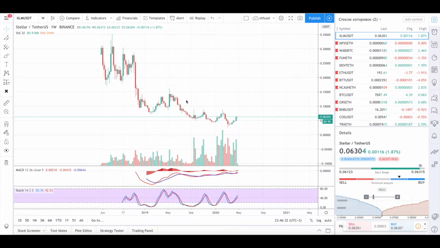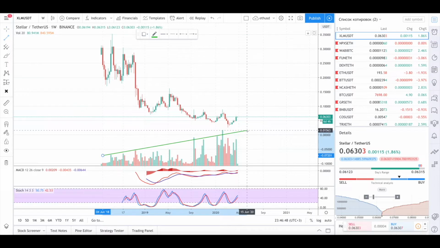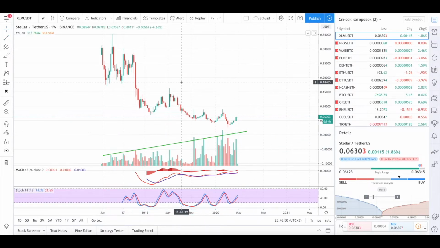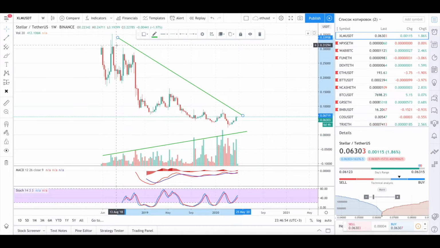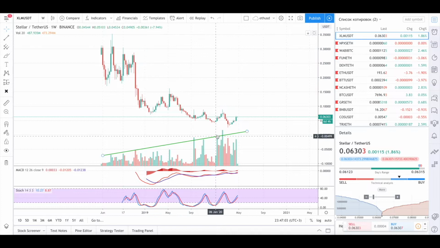Now on the weekly chart we see the formation of a certain bearish divergence. This is a situation when the price falls down and the volume increases accordingly. Well, we see a certain long downtrend, and this divergence indicates that in the near future the trend should change